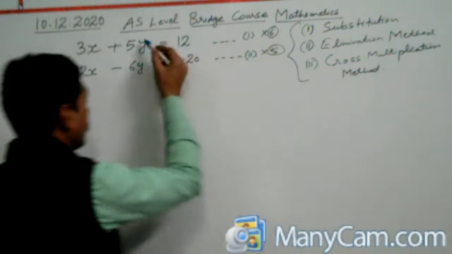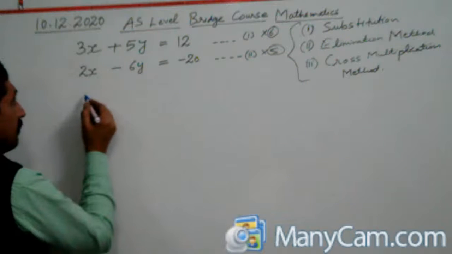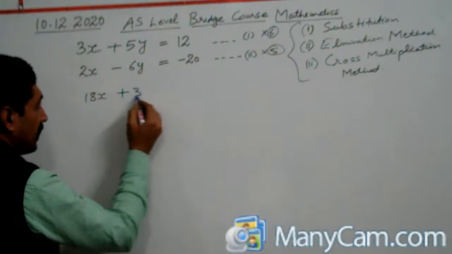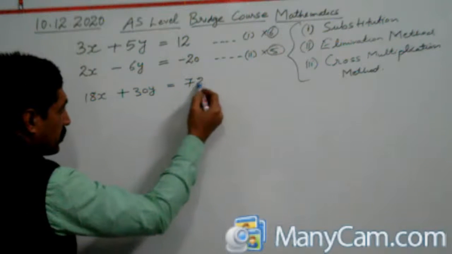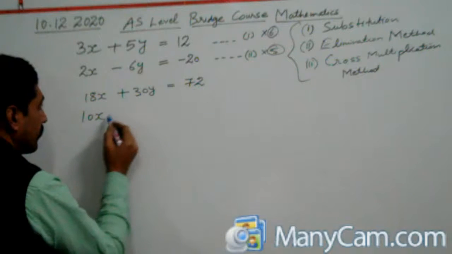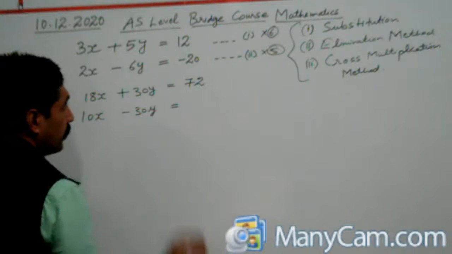So the first equation will become 18x plus 30y is equal to 72, and 10x minus 30y is equal to